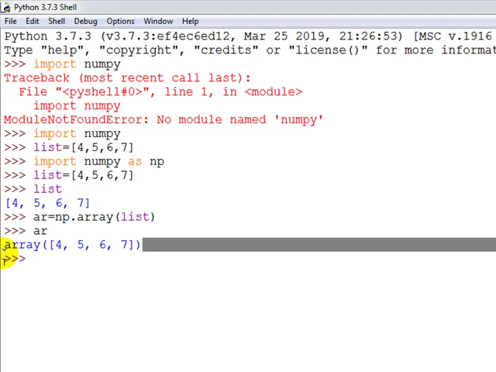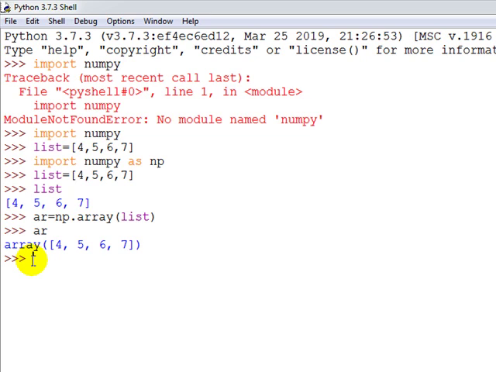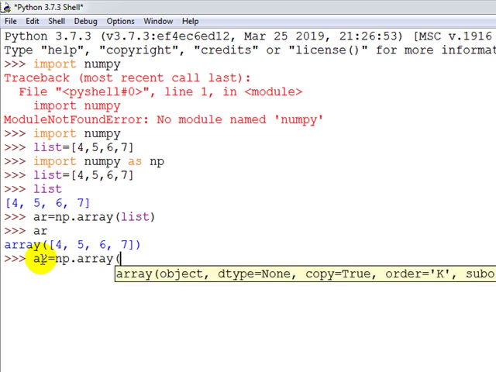Yesterday we saw how to create a 2D array also. So now let us see how we can create a 2D array. I am writing a2 is equal to np.array, because numpy has already been imported. It is a function, so within parentheses I am creating a 2D array.